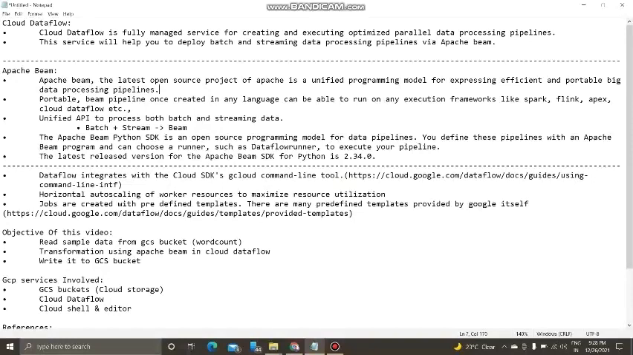In today's video, we are going to see one of the popular services provided by GCP called Cloud Dataflow. Cloud Dataflow is a fully managed service for creating and executing optimized parallel data processing pipelines. From this statement, it is very clear that Cloud Dataflow is mainly used by data engineers for creating and executing data pipelines. And this service will help you deploy both batch and streaming data processing pipelines via